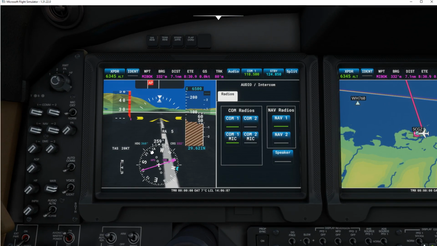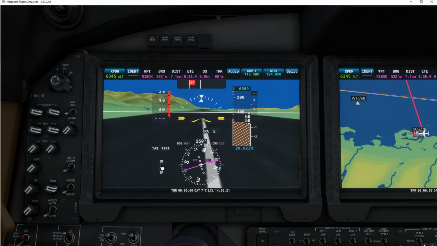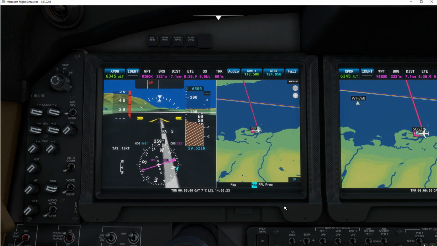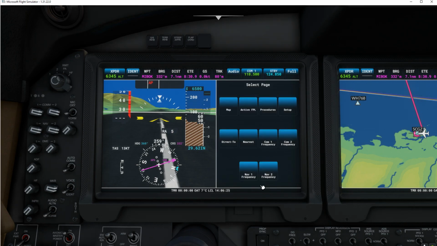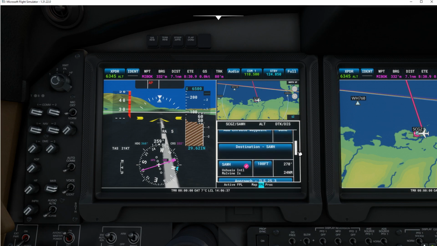So this is your primary screen, and it tells you your waypoints, your distance, your estimated time to get there, your ground speed. And the other thing I'm going to do is click on this one more time and then hit split screen. So this is how you can look at your flight plan. So the active flight plan, there it is right there. It's your origin and your waypoints, and you can grab that and just drag it down. There's your destination,